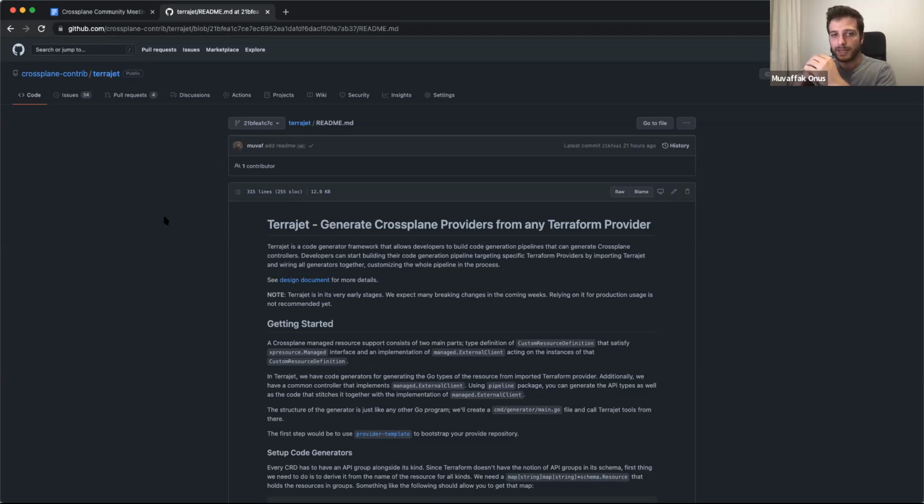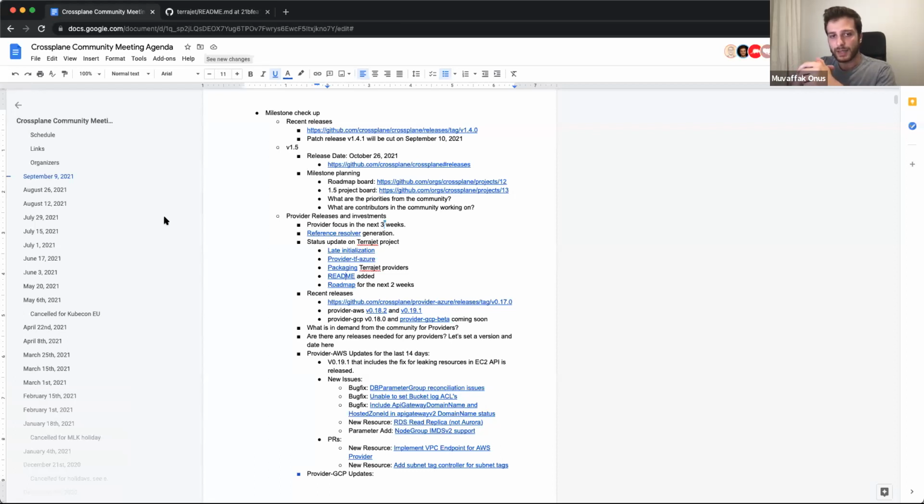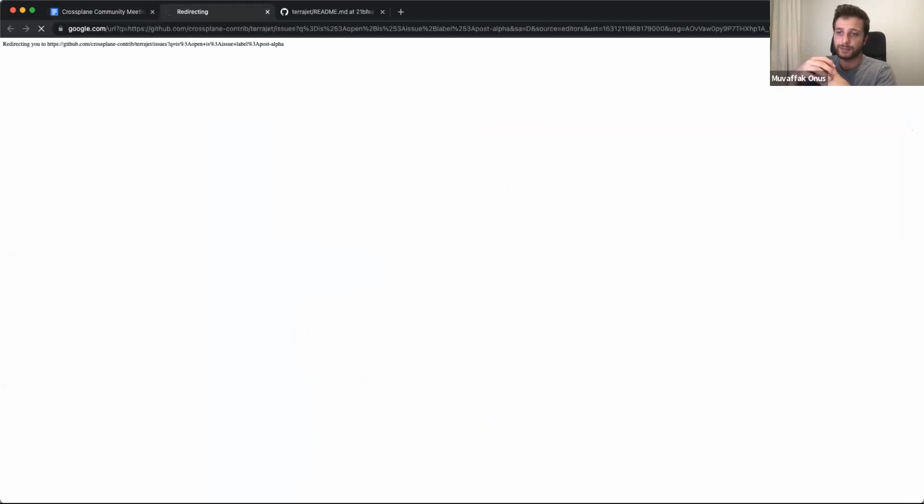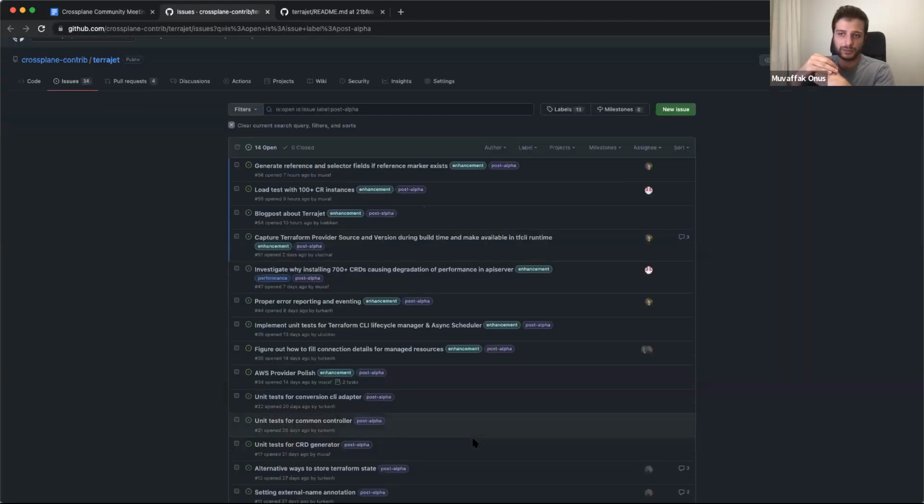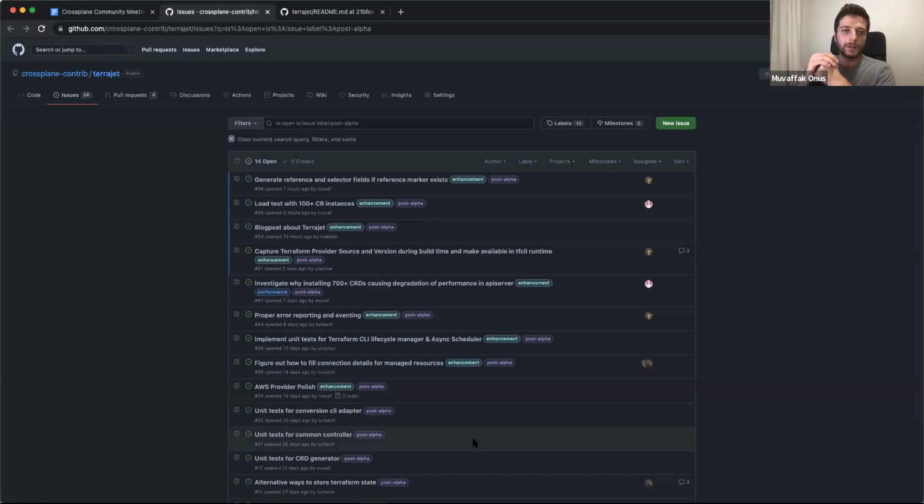So the plan right now is that we would have provider TF AWS, for example, or provider TF Azure, as separate providers from the native ones that call out the SDK of the providers. But